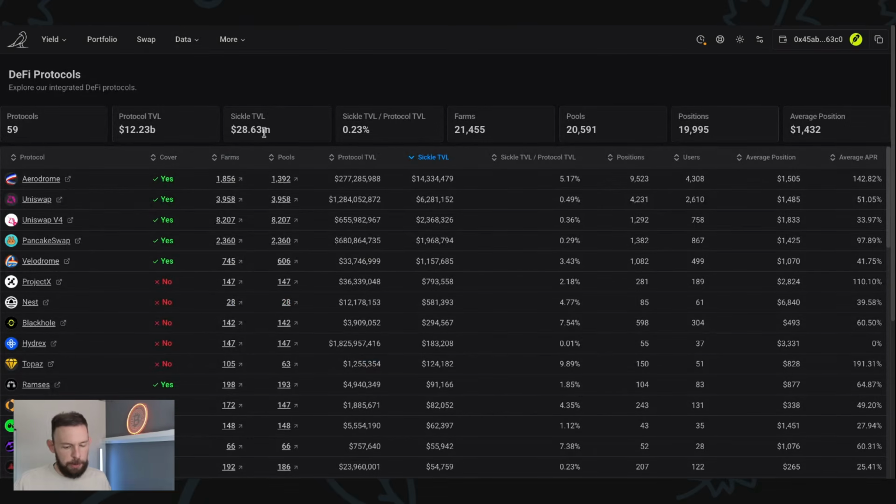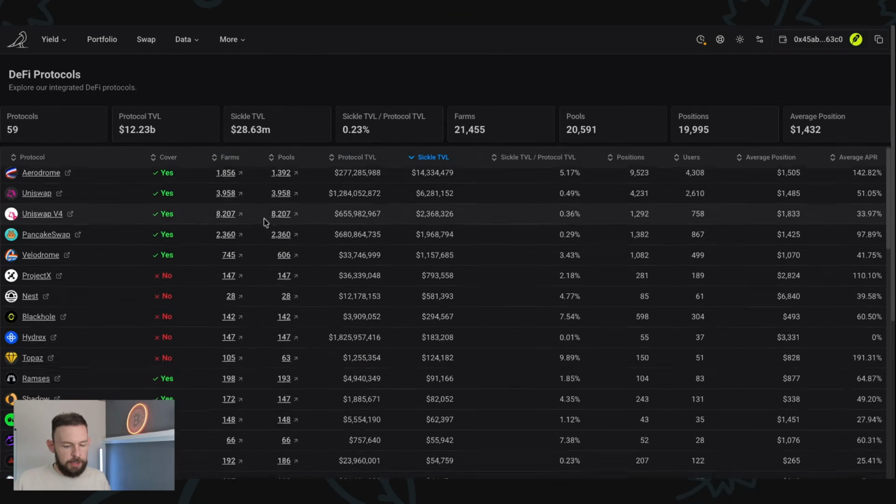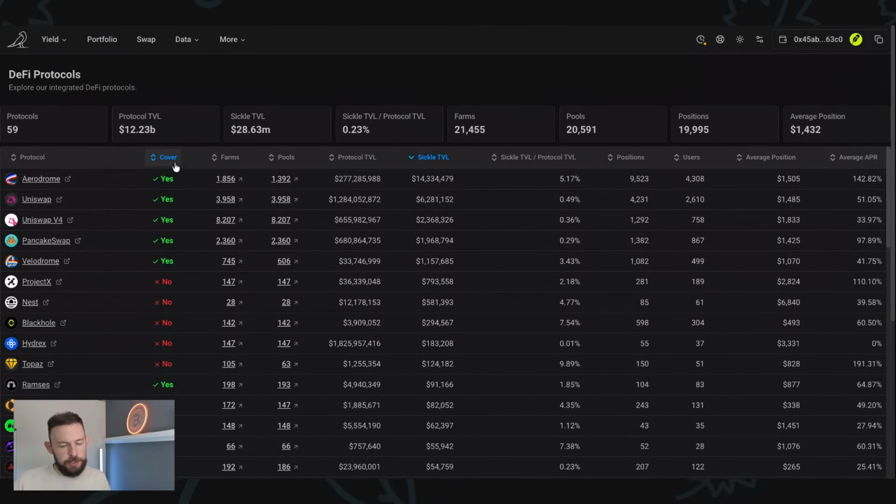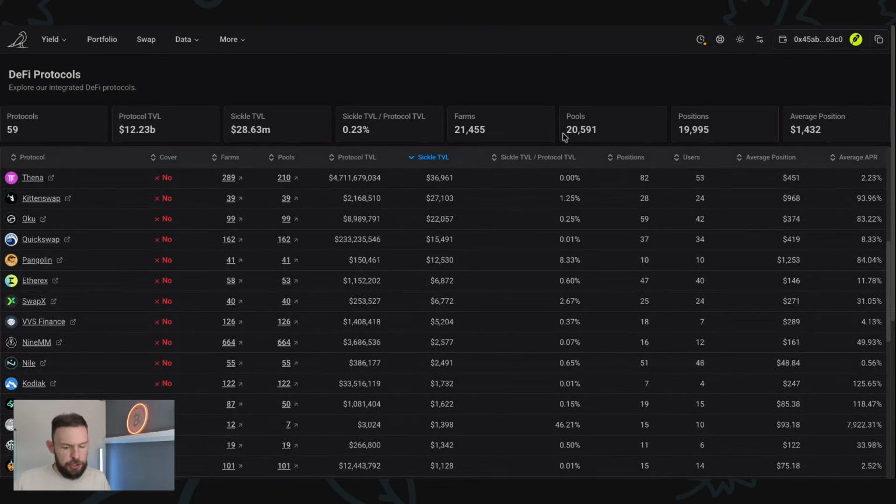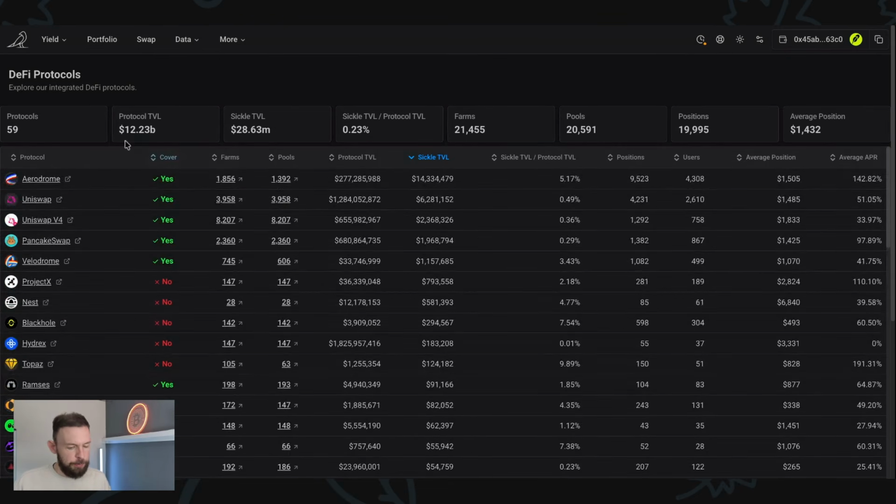So when we click on DeFi protocols, it lists them all. The TVL locks in each one. If you have cover with it, that means you can have insurance on it if anything happens with a hack. I don't do that personally. It gives you a general overview of the information, but we're going to focus on the top left, the farms,